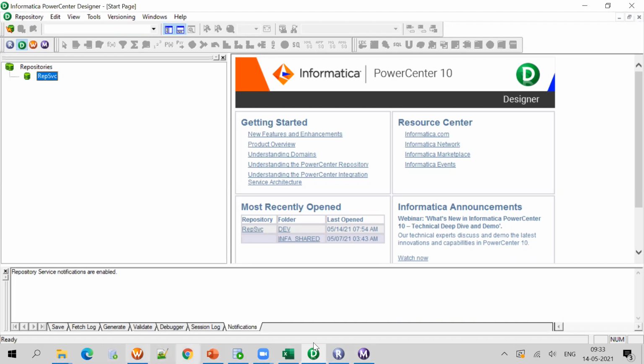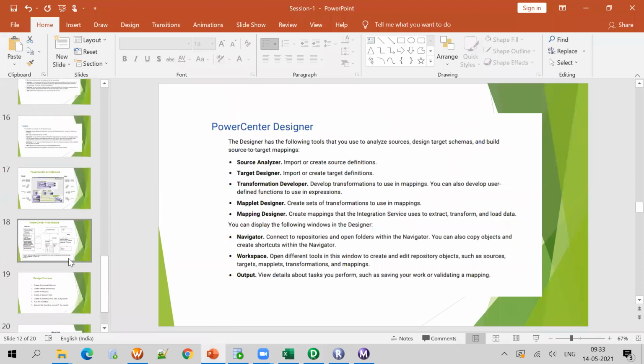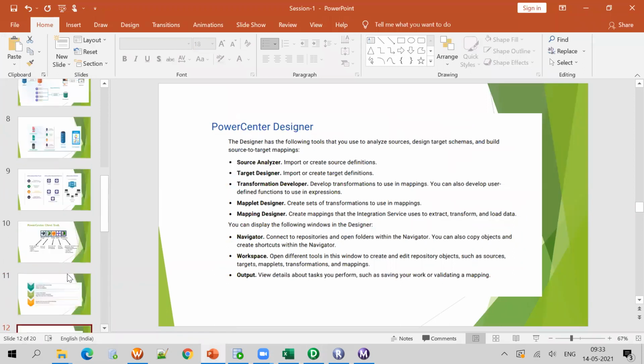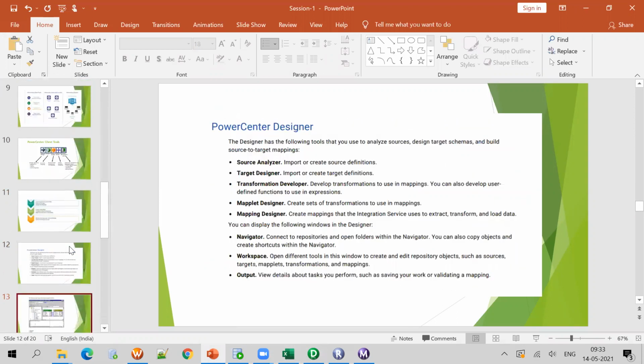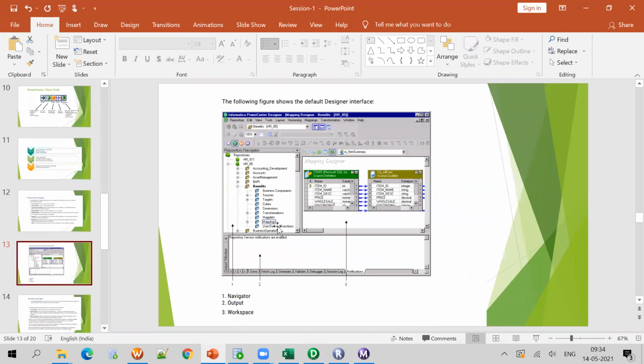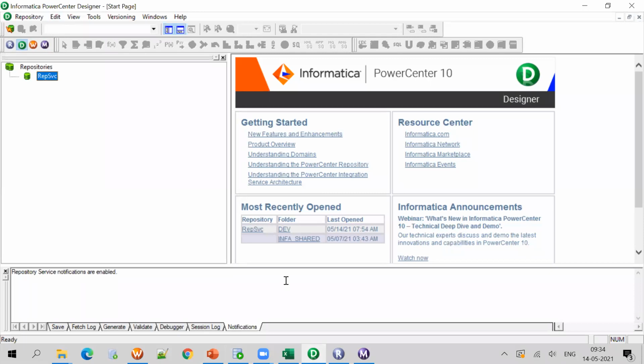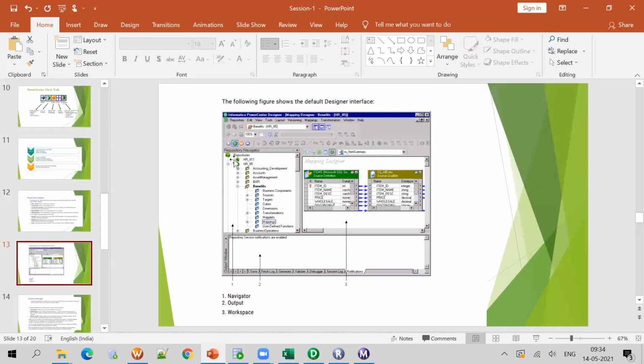Then the same way, I'll show you one thing. If you see here, this is one I have open. This is the same Designer, a screenshot here. This is called the repository navigator. This one is the Mapping Designer. This is also called the workspace, and this is the output, and this is the navigator.